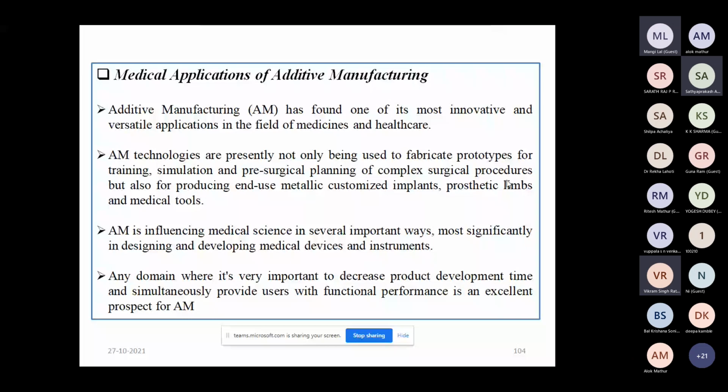Okay, so we can use it for training, simulation, pre-surgical planning of complex surgical procedures, and also end-use metallic customized implants or prosthetic limbs.